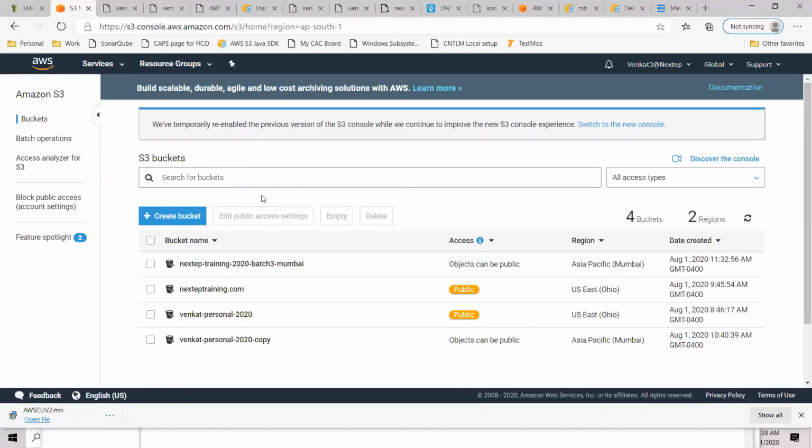One of our analysts, who is not technical, will upload that CSV file into an S3 bucket. And when you call a REST endpoint, our Java code will programmatically go to S3, get the CSV file, parse the content of the CSV file, and give it back to you as a REST endpoint. Does that make sense?